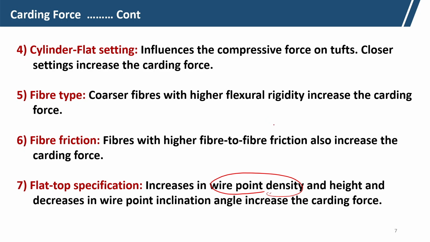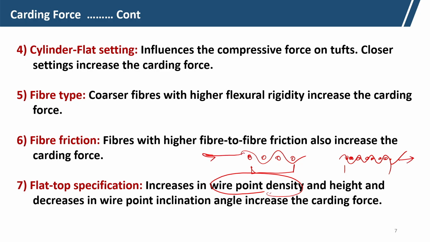Suppose we have wear points 1, 2, 3, 4. Another case we are having closer wear points within this zone. Suppose this is 1 centimeter, within this zone we have more number of wear points. Suppose ideally the fibers are bending like this. So, more number of wear points per unit area here, and this is less number. So, you can see when we are trying to pull the fiber